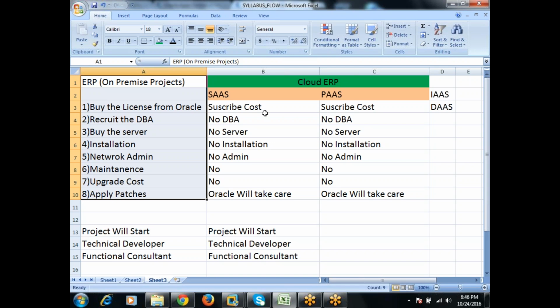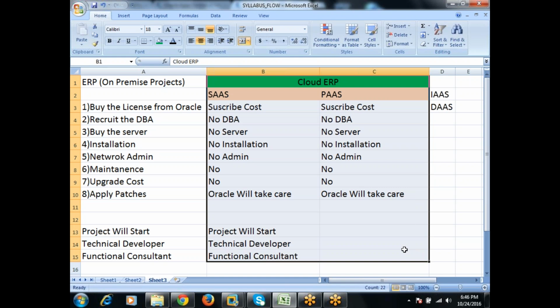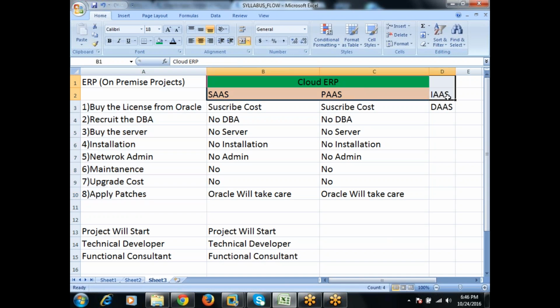But from the ERP product point of view, so far 90% of the projects have been on-premises only, for the last 20 years. Cloud has just come into the picture, and some people are just moving to the cloud. It takes time. Our resumes show that we are working with Oracle applications, not the cloud. Okay, fine. Now, who is providing cloud services? Number 1 is